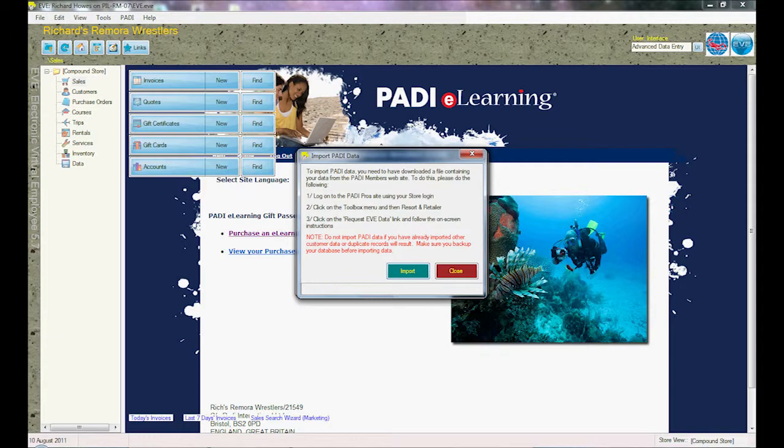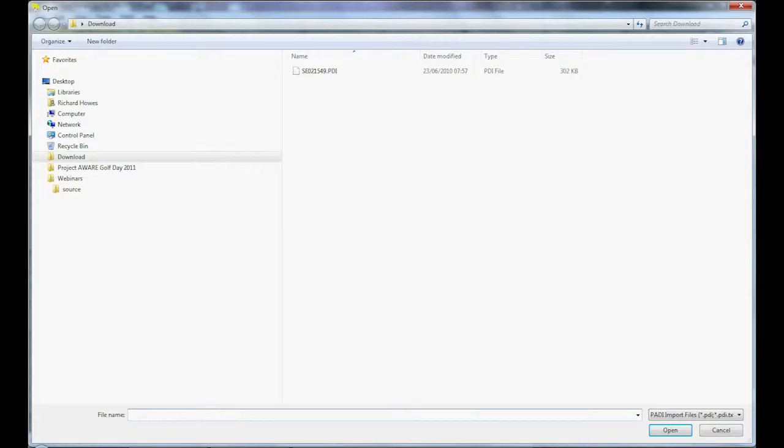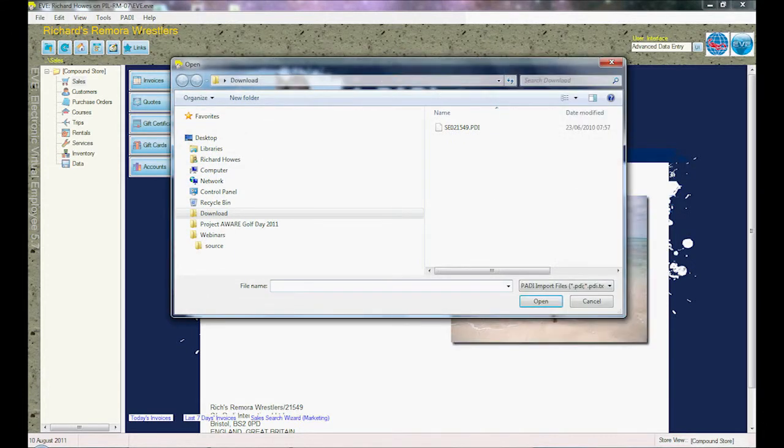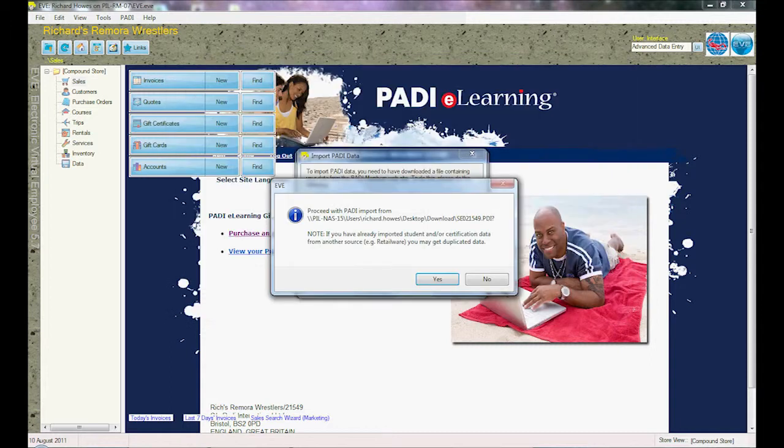And now I click the import button and an open dialog box will pop up on screen here, and it's saying, show me where the file is and I'll start importing it. So I've gone to my desktop, into the download folder that I stored that PADI file in, and here it is, SE021549, 21549 being the store number for my Richard's Remora Wrestlers. So I'm going to click that, click open,